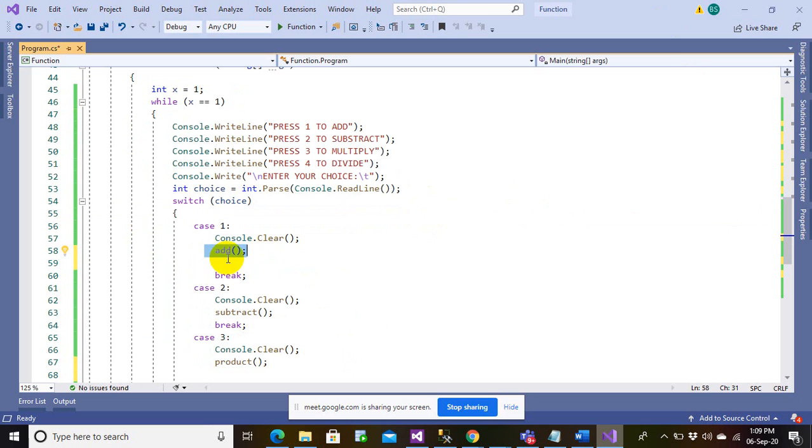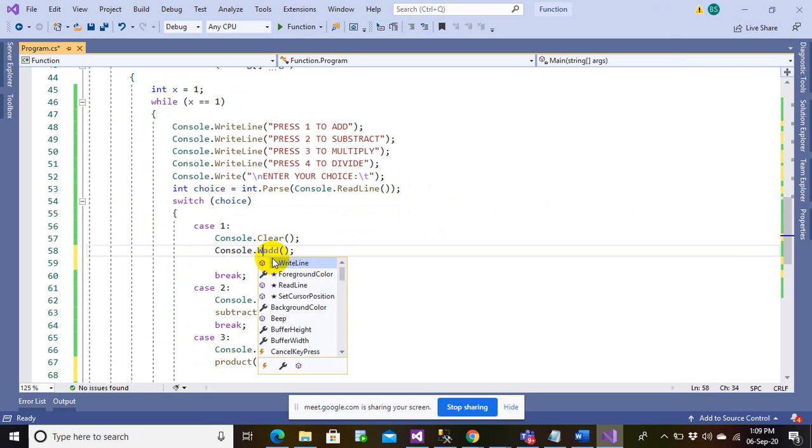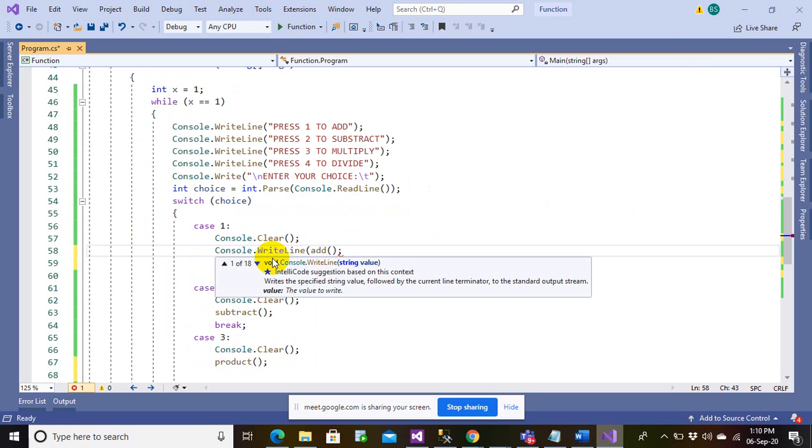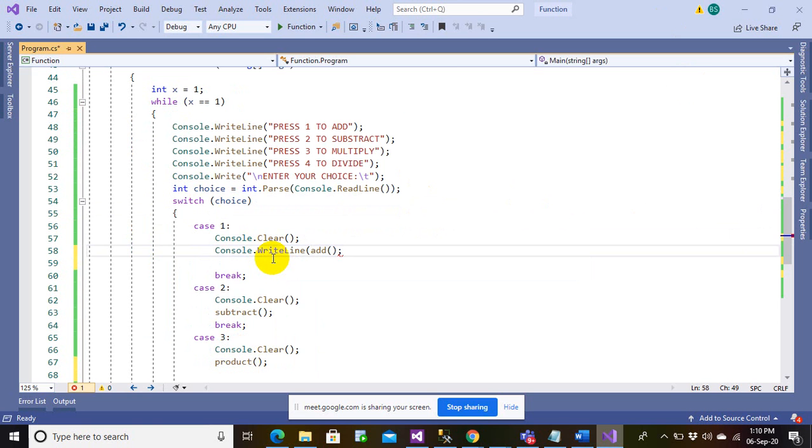So instead of calling this add here, what I can do is change the message. I can just write the sum of so and so is so.